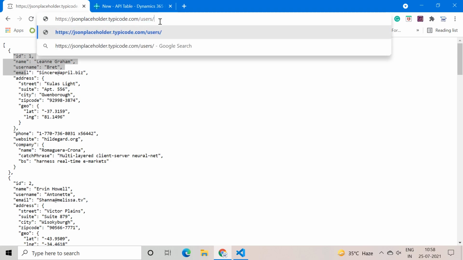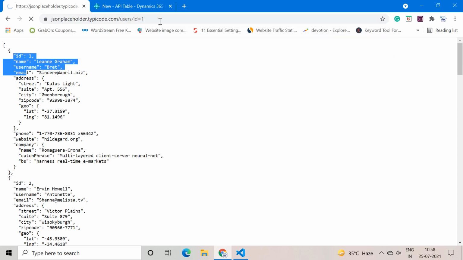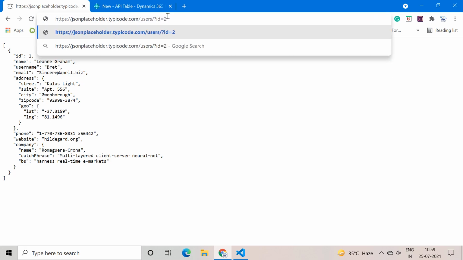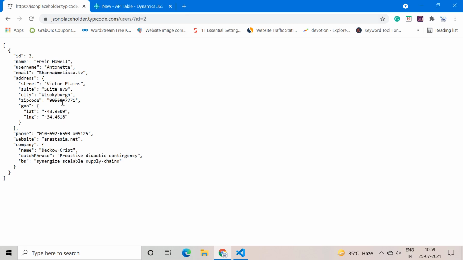But now let's say I pass id equal to 1. I'm sorry, I passed it wrong. I have to place a question mark here, and as soon as you pass this, you get this kind of result, right? And when you pass 2, you will get this kind of result.